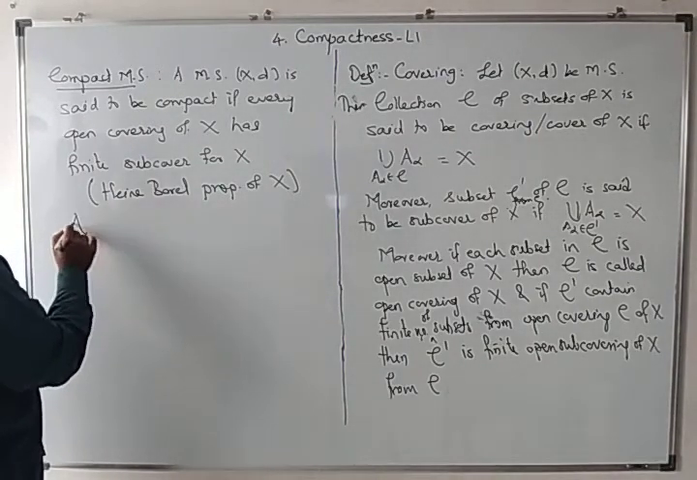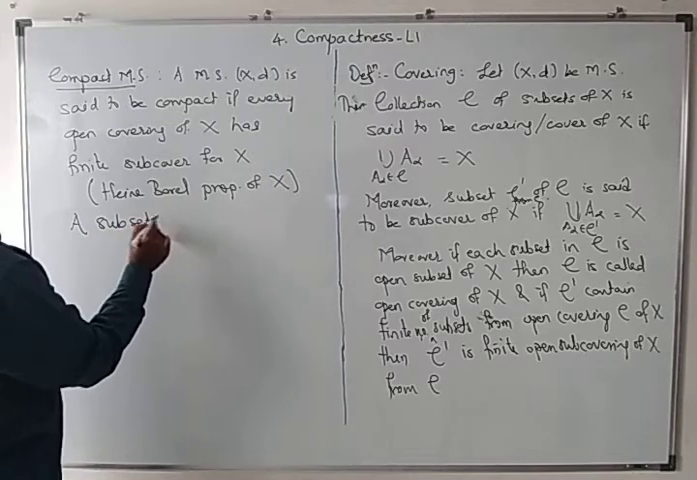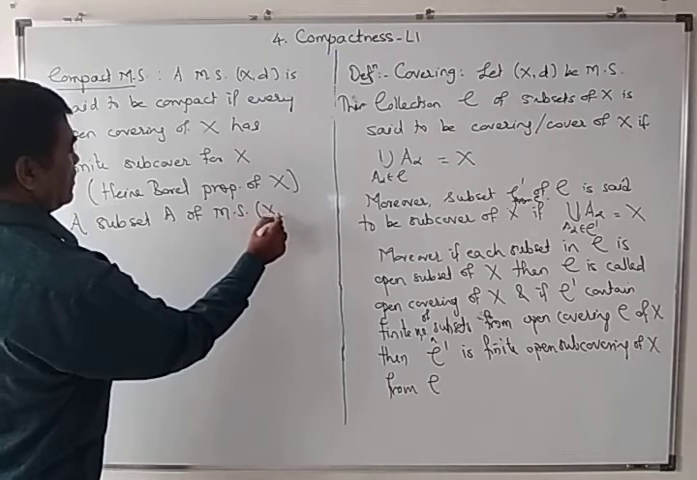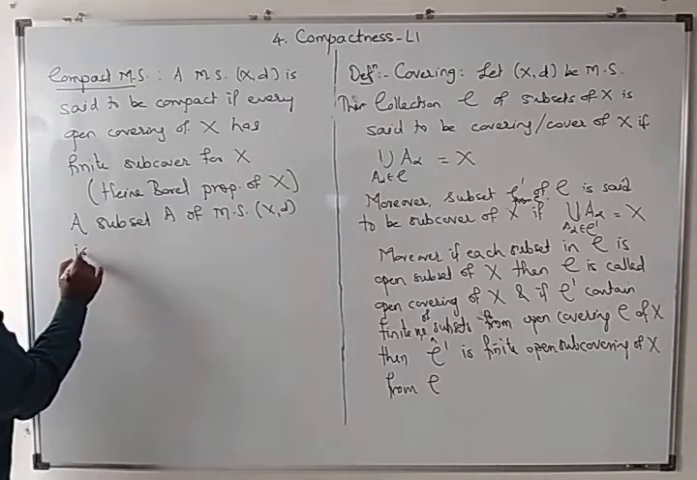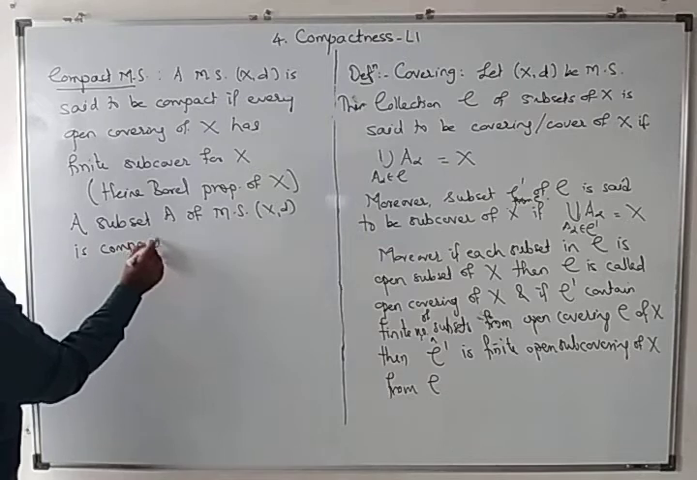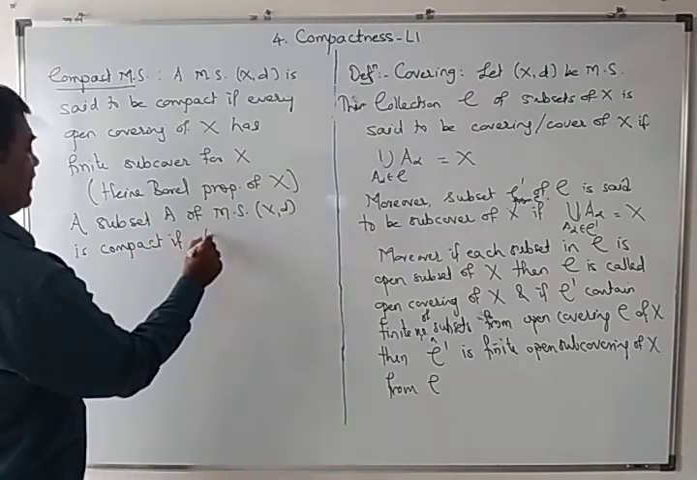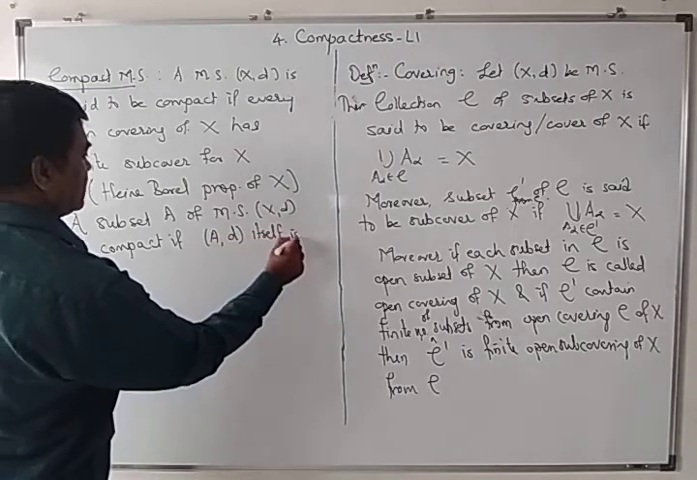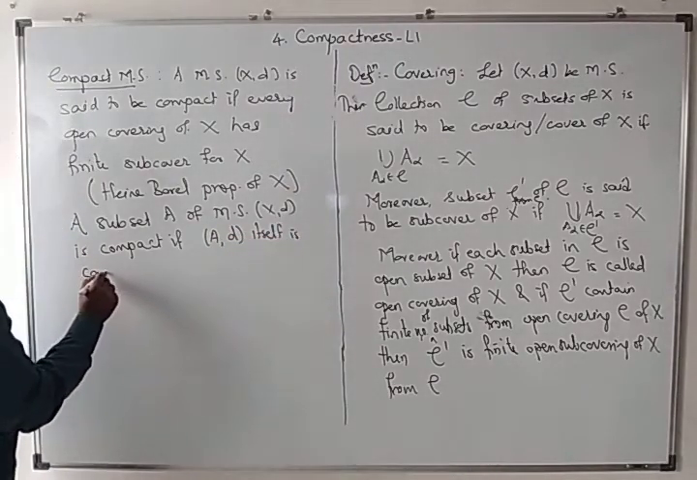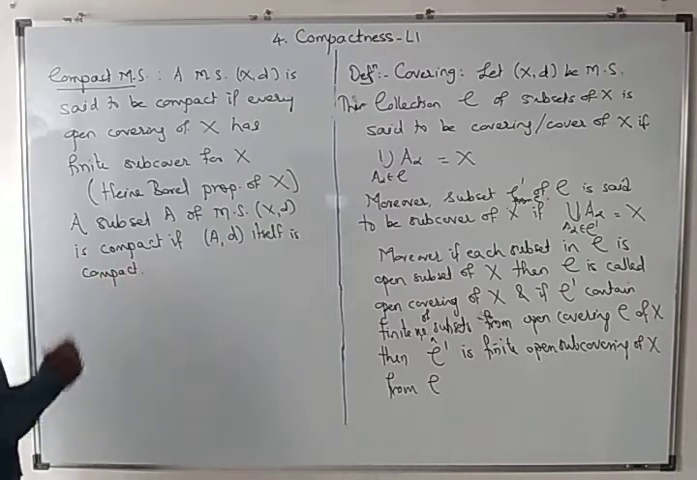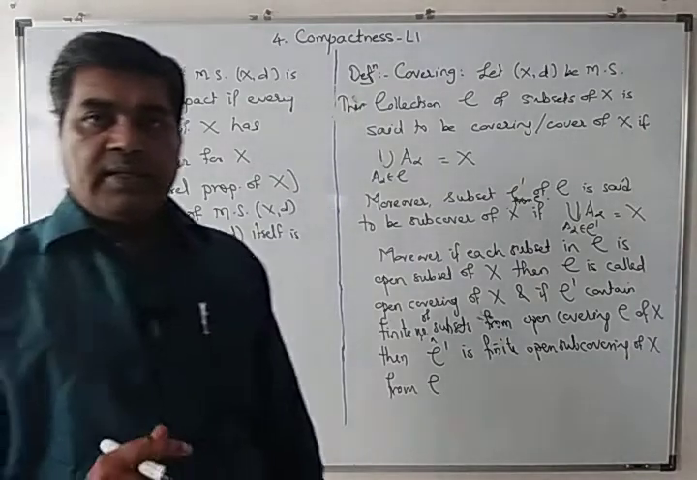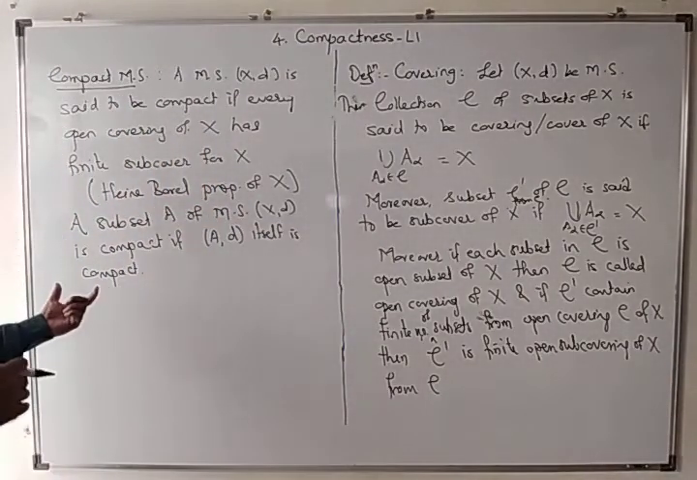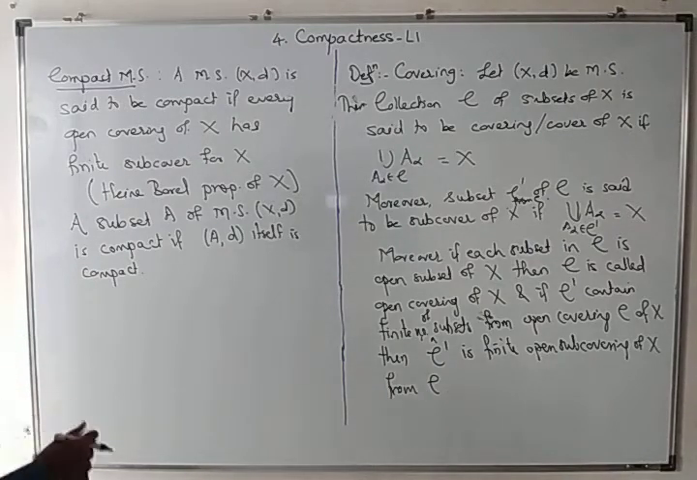A subset A of a metric space (X, d) is compact if (A, d) itself is compact. Then that A is called a compact subset or compact subspace. Example,